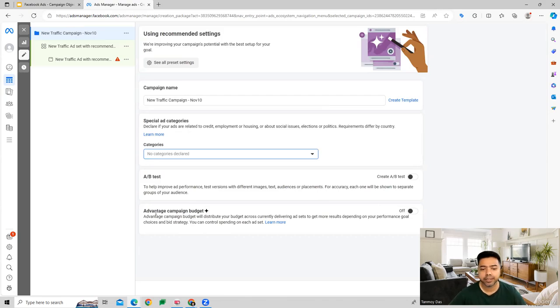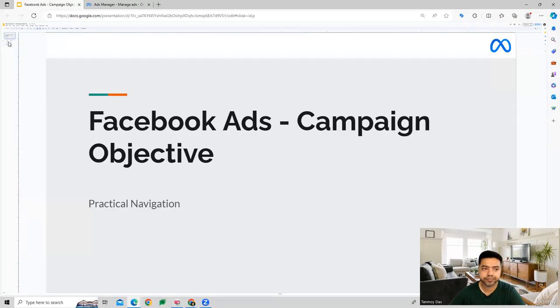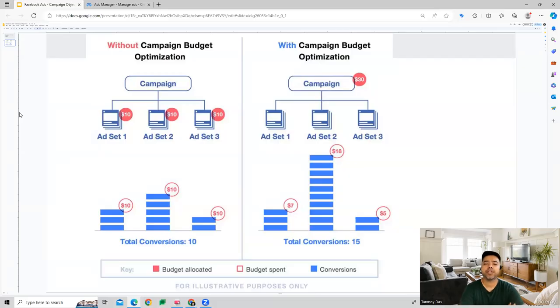And in addition to that, there is advantage campaign budget, which is basically going to be a case wherein we can look at campaign budget optimization. Okay, so let's have a look at what we mean by campaign budget optimization out here. So what is happening with Facebook ads is there are two ways of setting up budgets over here. One is without campaign optimization, and the other one is with campaign optimization. So when we talk about with campaign optimization, what we are doing is we are setting the budget at a campaign level. As you can see here, the $30 budget is set at a campaign level, and which has 3